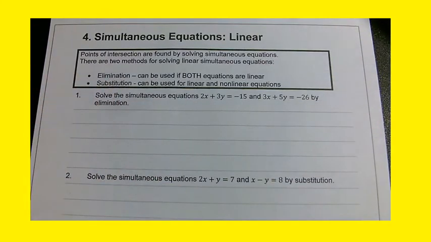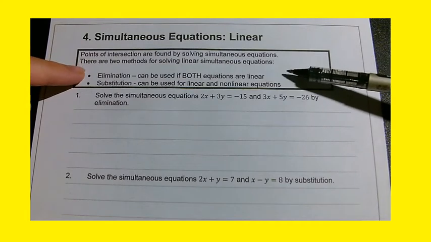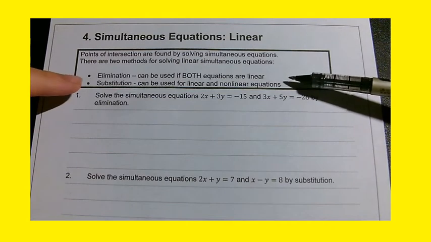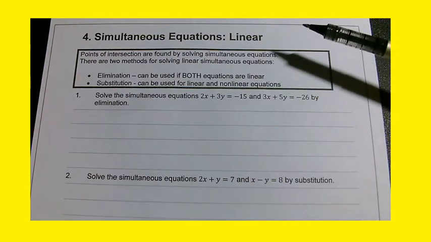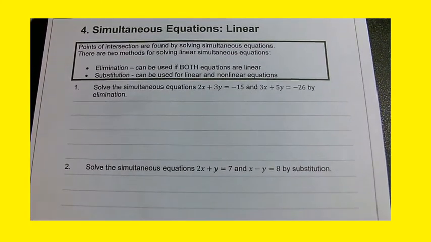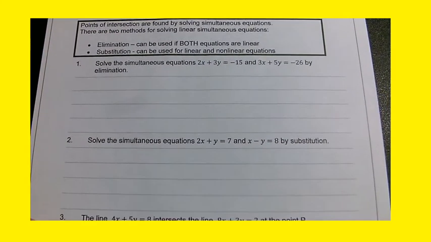Okay, and there are two methods for solving linear simultaneous equations. There's elimination, which can be used if both equations are linear, and you probably would have seen that quite a lot at GCSE. And there's substitution, which involves substituting one equation into another equation, and that can be used for linear or non-linear. Okay, so what we're going to look at is the questions on this sheet, which regard the simultaneous equations